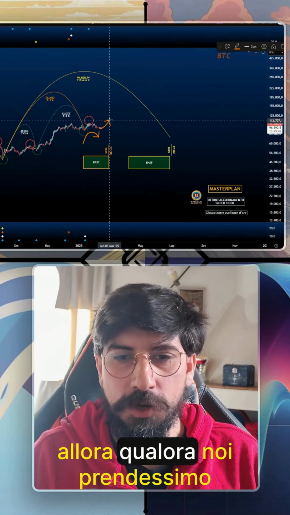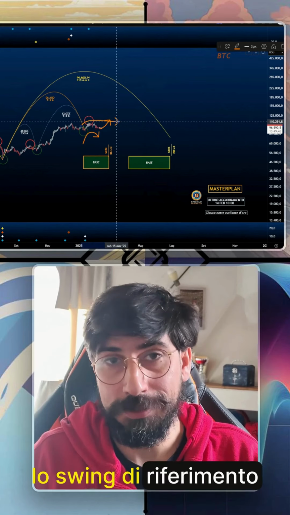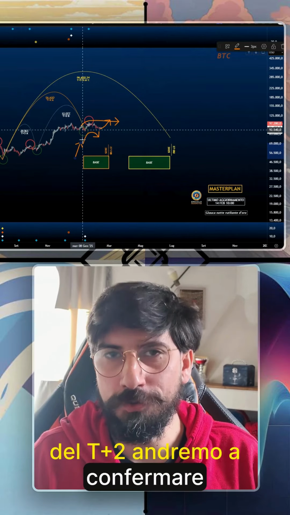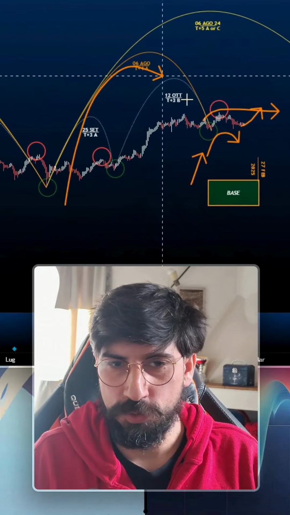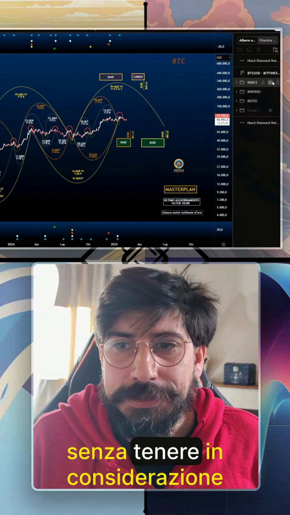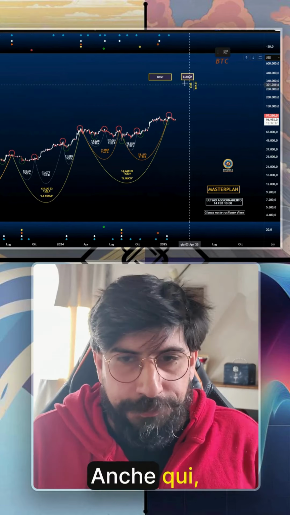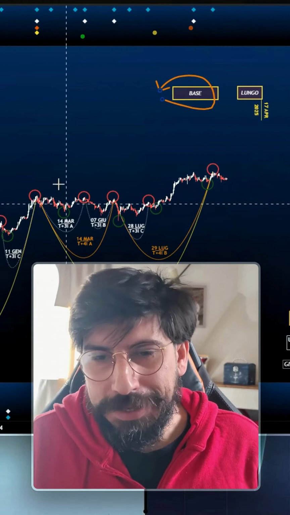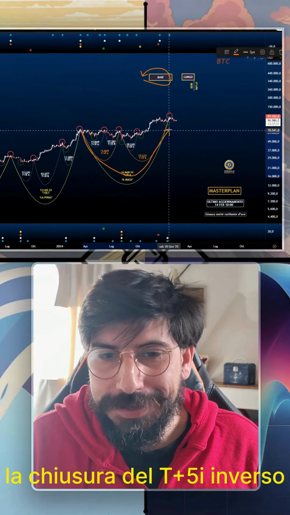This suggests that if we take the reference swing by establishing the new T2 structure, we will also confirm the closure of the semi-annual period, which under the current circumstances is impossible. To deal with this situation without considering the inverse. Also here, as you can see, we can identify within the base box the closure of the T+5 inverse, the